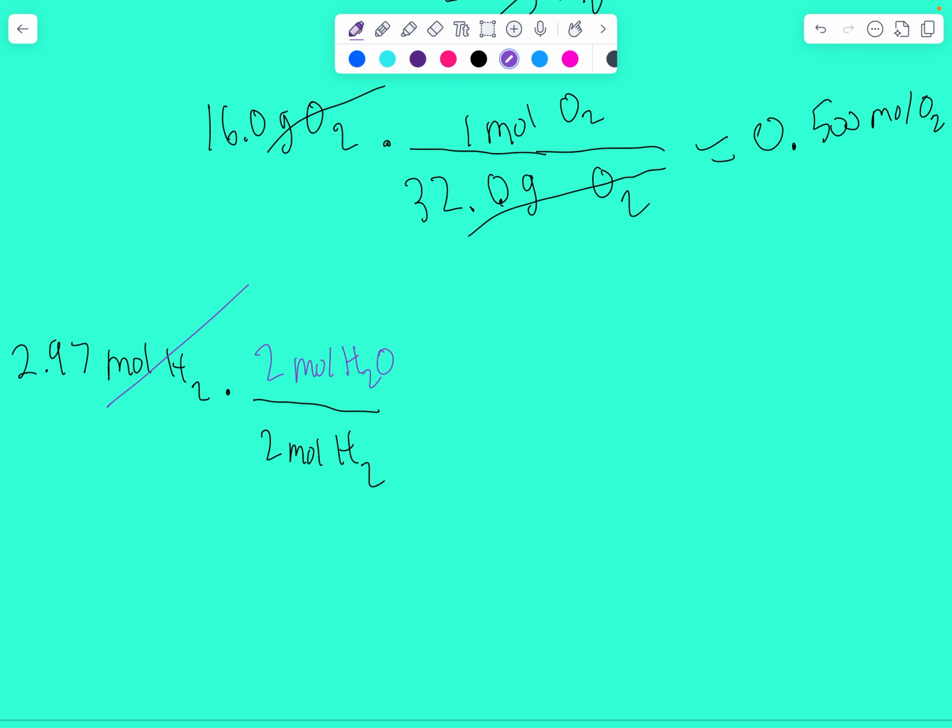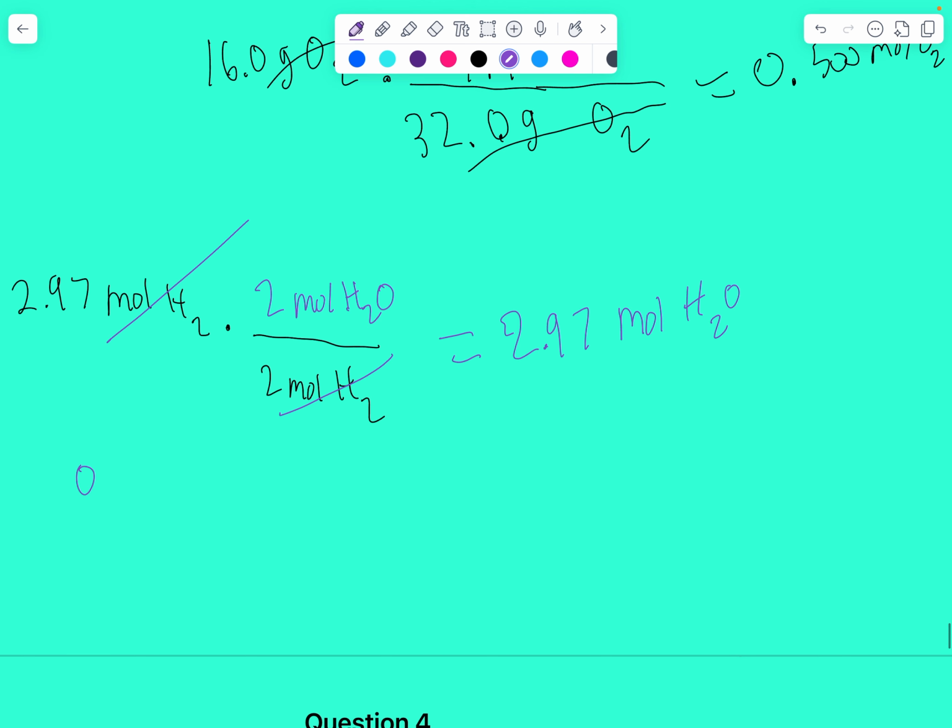So moles of H2 cancels out, and I got 2.97 times 2 divided by 2, which gave me 2.97 moles of H2O. You could use a calculator, or you could just say 2 divided by 2 is 1, 2.97 times 1 is itself, right? So you got 2.97 moles of H2O. Let's do the same thing for moles of O2. We got 0.500 moles of O2